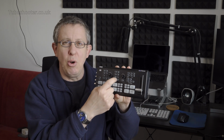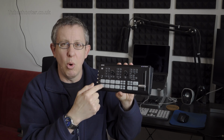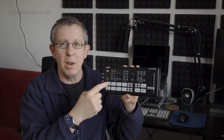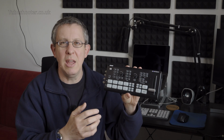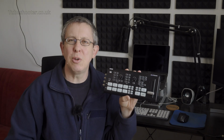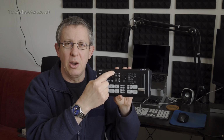Except it almost does, because you've got the 8 macro buttons here, and I have tested this. You can program the macro buttons to set what source a particular input is from. So, for example, macro button 1 could make input 1 HDMI, and macro button 2 could make input 1 SDI. So you've got 8 buttons, you could do all 8 variants. So if you are okay to do an extra button press before you take something to air, you could go SDI, take to air, HDMI, take to air, and sort of get round the fact that you've actually only got 4 channels,